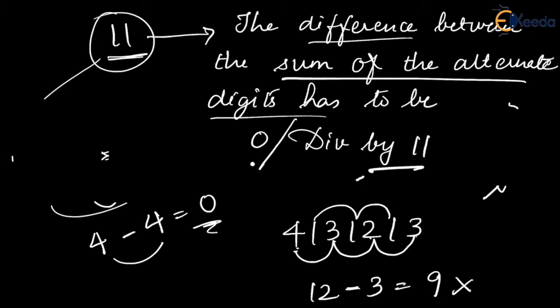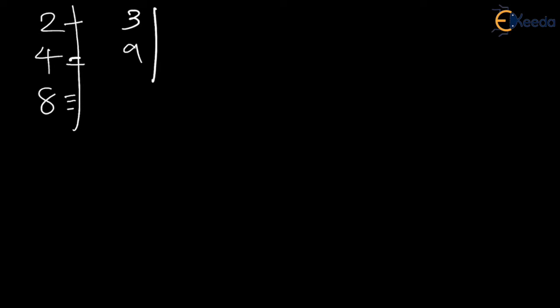Clear? So let us roughly go through all of it. We spoke about 2, 4 and 8, which go hand in hand for the last digit, the last two digits, and the last three digits. For 3 and 9, the sum of the digits has to be divisible by 3 here, and here it has to be divisible by 9. For 5 and 10, the last digit has to be either 0 or 5, here the last digit has to be 0. Then we discussed 6 and we discussed 11.